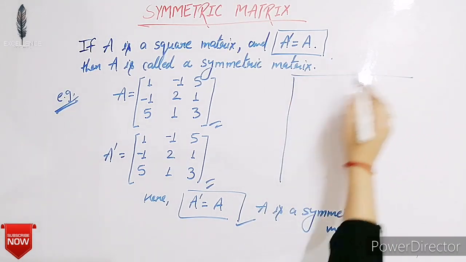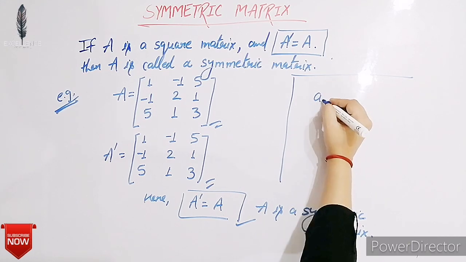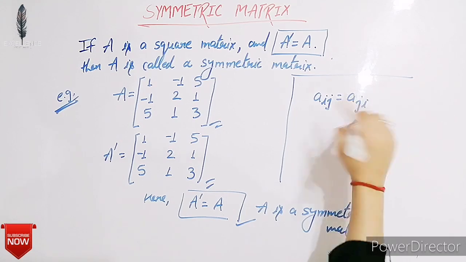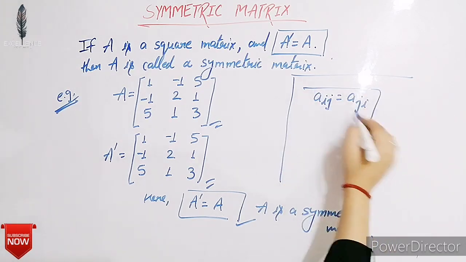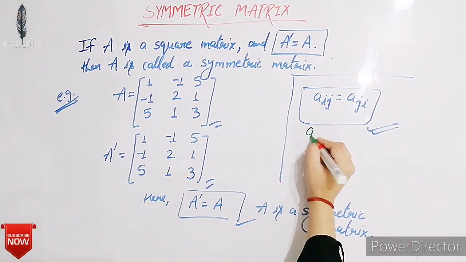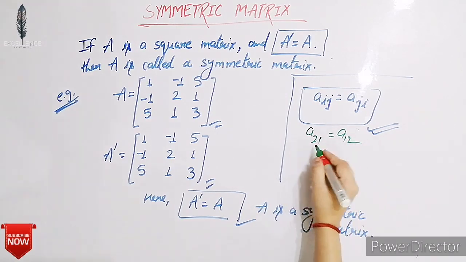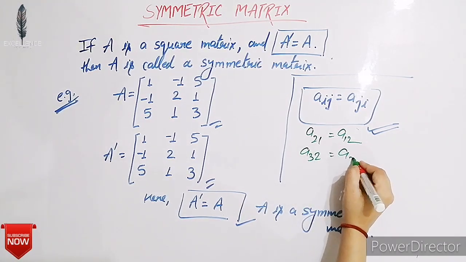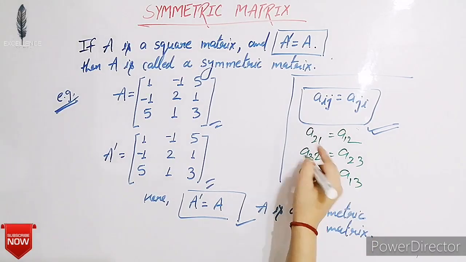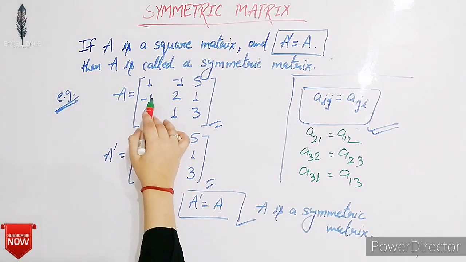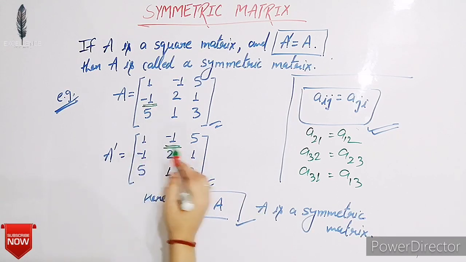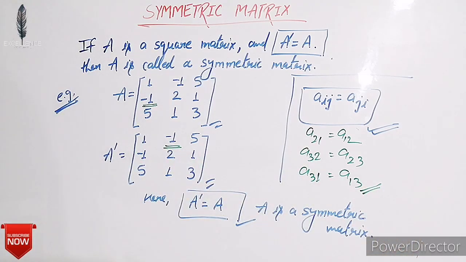So A is a symmetric matrix, then we can see that Aij is equals to Aji. Clear? ट्रांसपोज में जैसे अभी एलिमेंट्स हमने क्लियर किए थे. A21 is equals to A12. Okay. A32 is equals to A23. A31 is equals to A13. क्लियर है? दिस -1 ये कहाँ है आपका 2, 1 एंड इन A dash A12 is -1 is equal. Okay, clear?